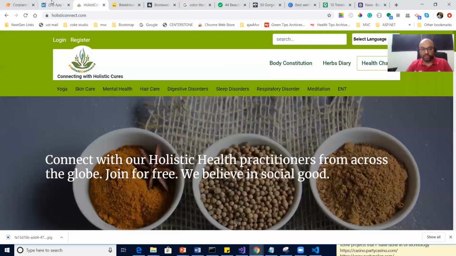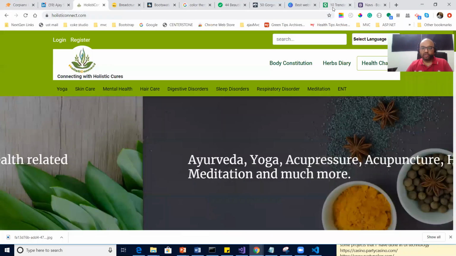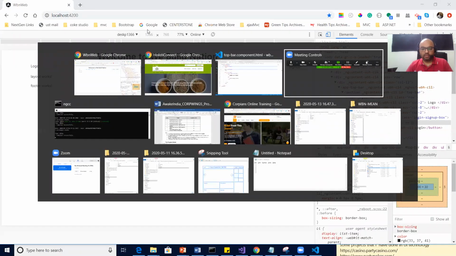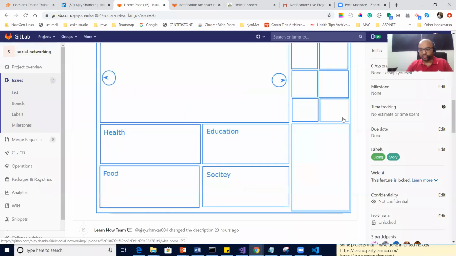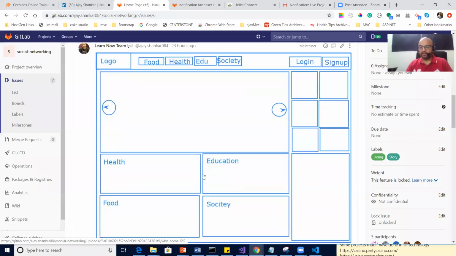So you need to stop me where you see, correct? Where you are not able to understand. Where is our GitLab? Yeah. So now this should be your layout section, this whole layout section, right? So in the layout section, how many rows and columns do you see? Think and answer. Quickly, guys.